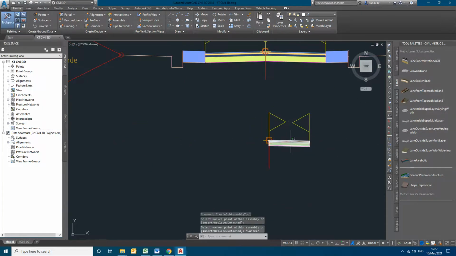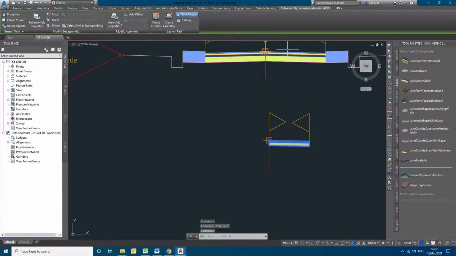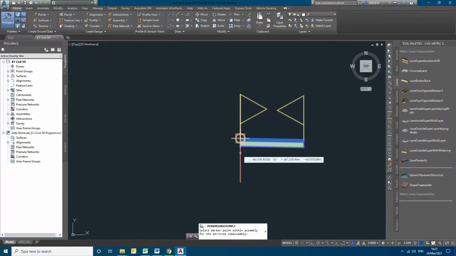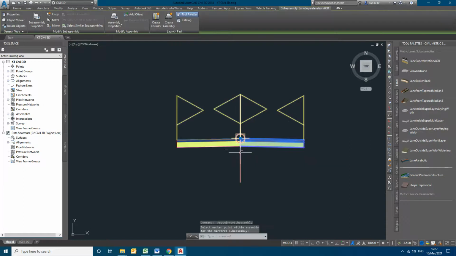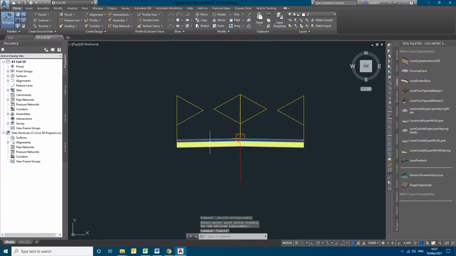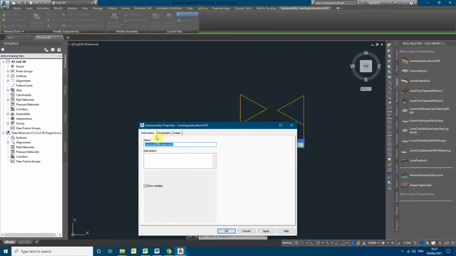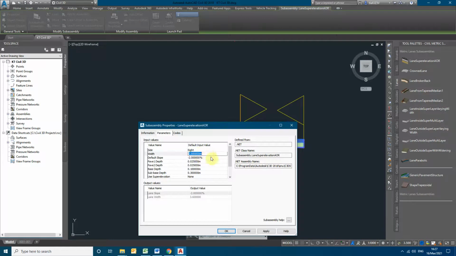Now just select this lane, whatever lane we had given, and by clicking on the mirror option and again selecting this red line, it will mirror the same object towards the other side, the left side. Before doing this, let us give the specifications of this lane, the layer thicknesses and everything. The width was given as default, so we can make it 2.5.